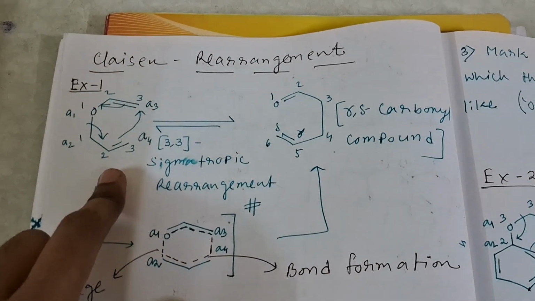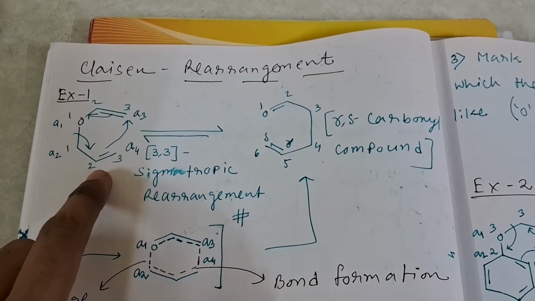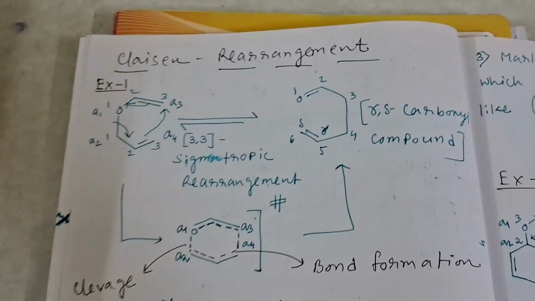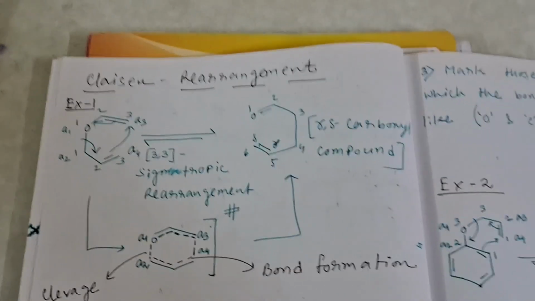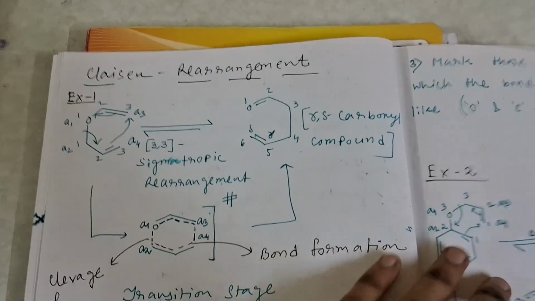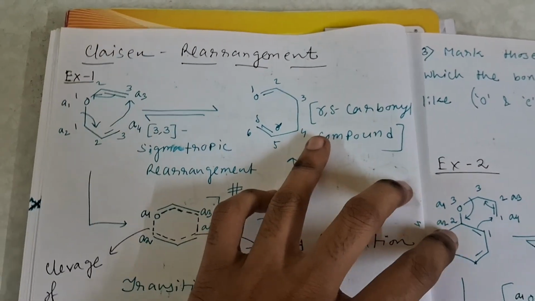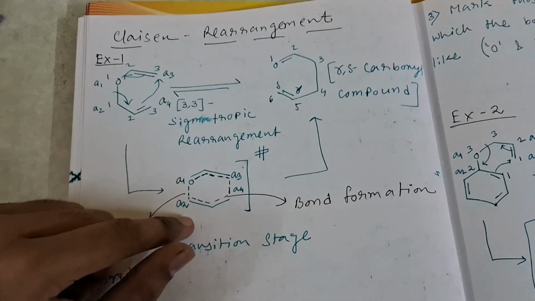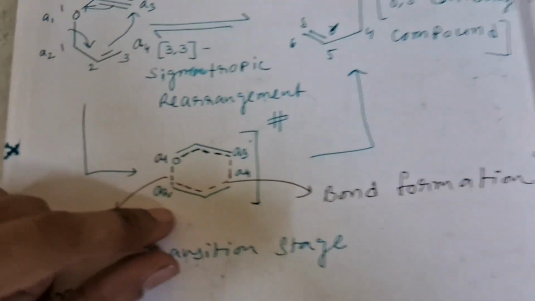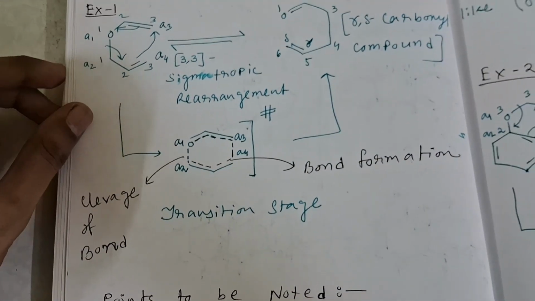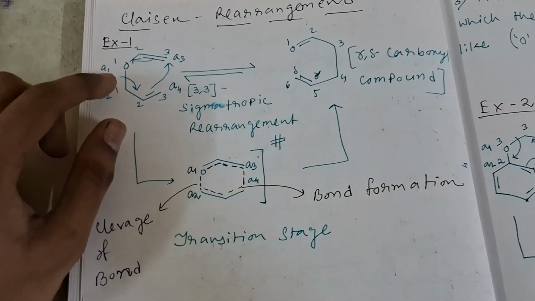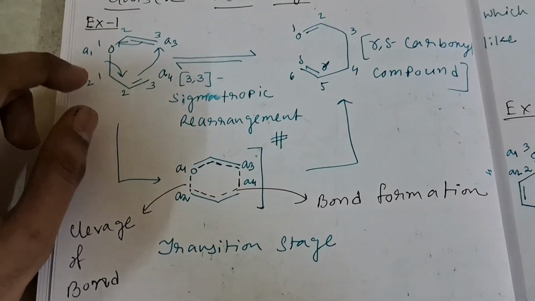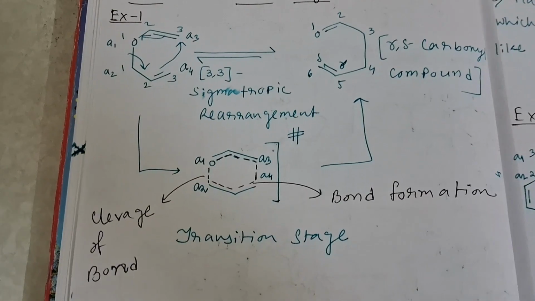This is our mother molecule, that is the reactant, which is allyl vinyl ether, and this is the gamma delta carbonyl compound. Now how does this reaction take place, let's see. First there is a transition stage. I have shown here this is the transition stage where the single bond between carbon and oxygen will break,